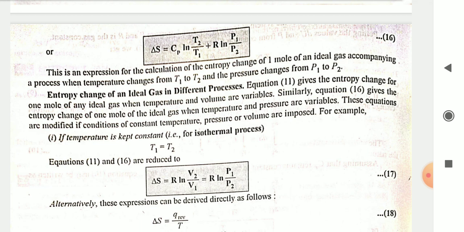Equation 11 gives us the entropy changes for 1 mole of an ideal gas when the temperature and volume are variable. Similarly, equation 16 gives the entropy change of 1 mole of an ideal gas when the temperature and pressure are variable. These equations are modified if conditions of constant temperature, pressure or volume are imposed. For example,